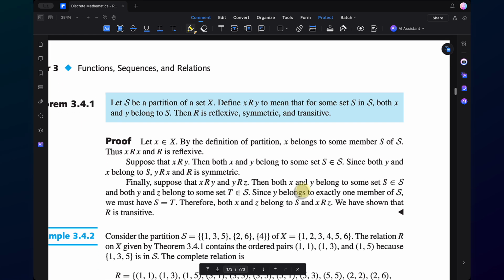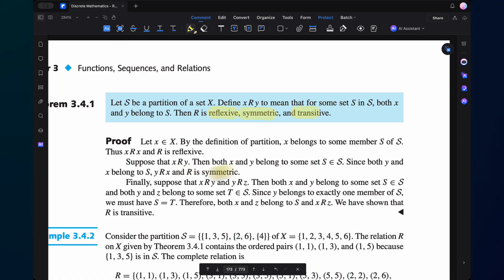Let's take a look at just the proof to remind us what these definitions are. Let x be an element of X. By definition of a partition, x belongs to some member S of capital S. So x is in some set in the partition. Thus, x is related to x, so R is reflexive. And suppose that x is related to y. Then both x and y belong to some set S in script S. Since both y and x belong to S, we have y is related to x,